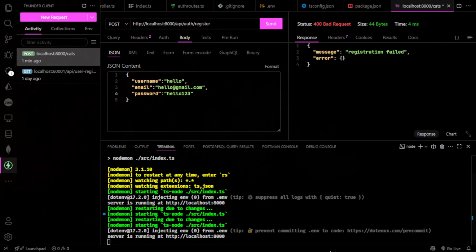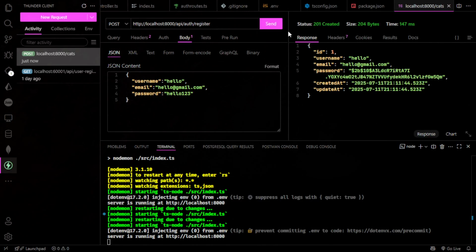hello123. Let's click this send button, and it has created a user of ID 1, username hello, email is hello@gmail.com, and password is hashed password, and the created at is the current time, as now I have created this user, and the updated at is the current time. Now let's